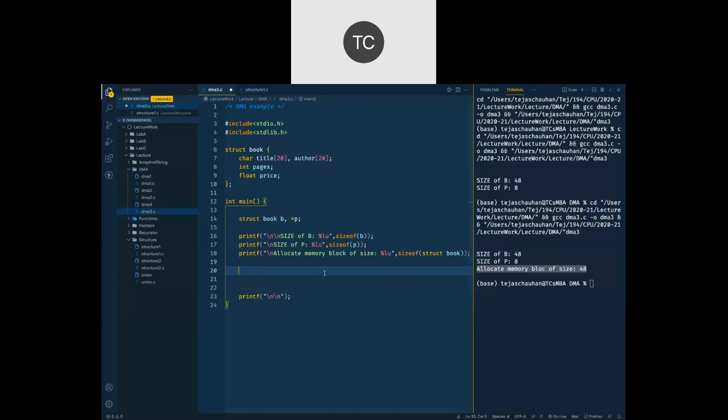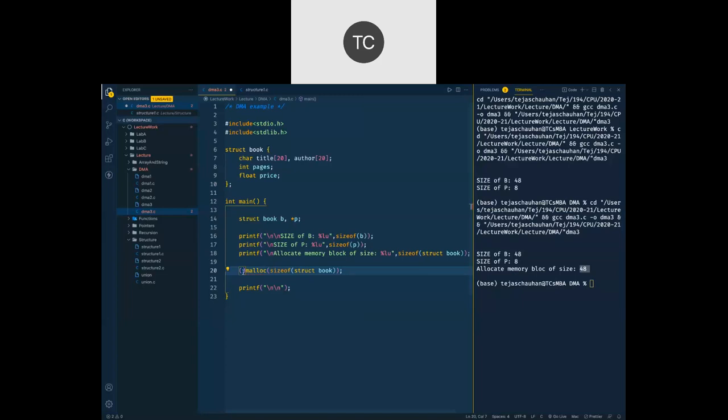If we want to allocate memory at runtime, then we have the malloc function. You can also use calloc if you require. Now whenever you want to use the malloc function, make sure that the stdlib.h file is included, and then how much memory we require. So we say size of book. So this amount of memory, which is actually 48 bytes, will be allocated to me, and the initial address of that memory block will be given. That will be a void pointer.